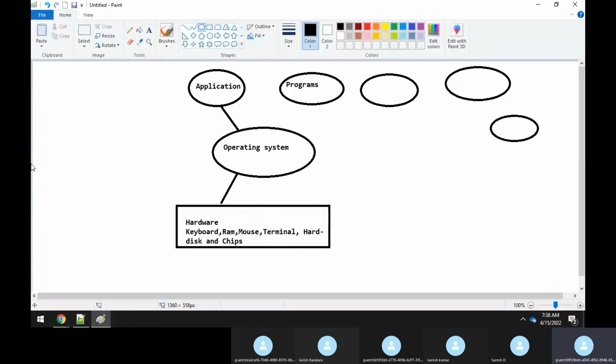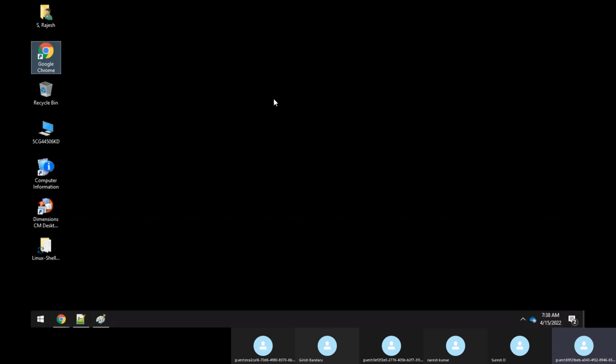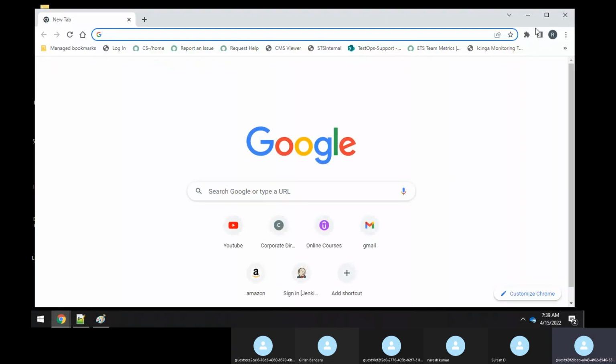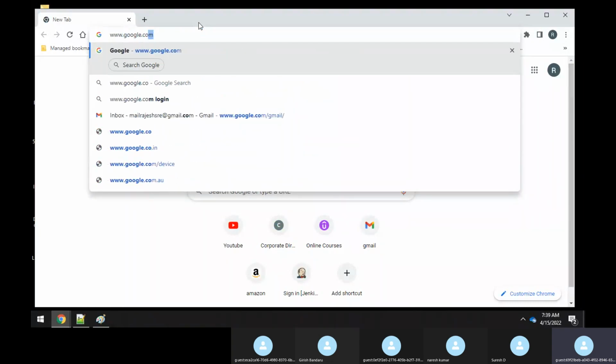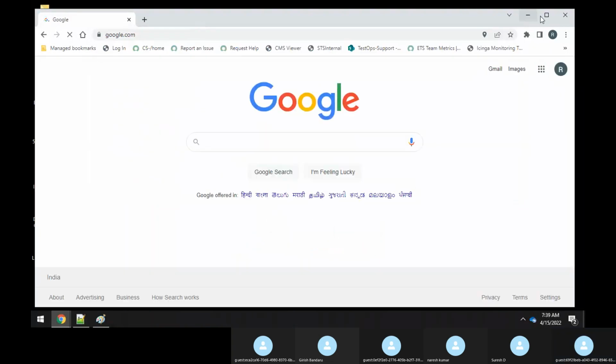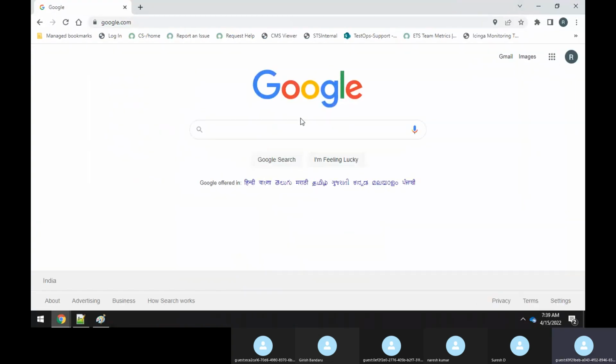For example, now if you see here, I want to open google.com. What you will do, you know that you need to go into the browser client. So you double click on Google Chrome. A browser is getting opened, and the default Google page opens. But I'll type www.google.com and press enter, and you are launching a Google page, right?